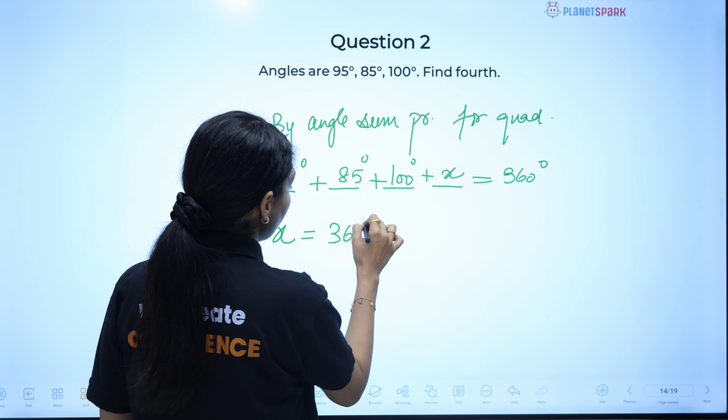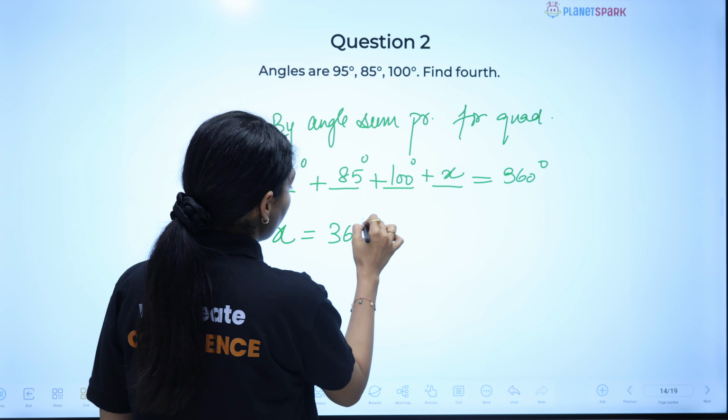Okay, चलिए जी, directly आते हैं questions पे. Okay, so we have the first one here. 3 angles are 90, 80 and 70 in a quadrilateral. We have to find the fourth one. So let's say 90 degrees, 80 degrees, 70 degrees. Fourth angle क्या होगा? तो क्या use करेंगे? Angle sum property. So sum of all 4 angles is 360. So 90 plus 70 plus 80 plus the missing angle, let's say that is x, that is equal to 360 degrees.